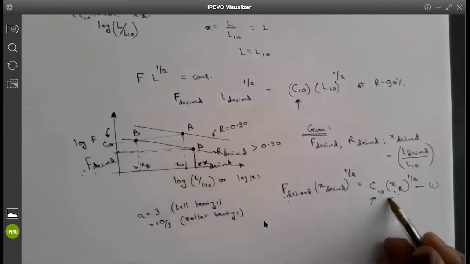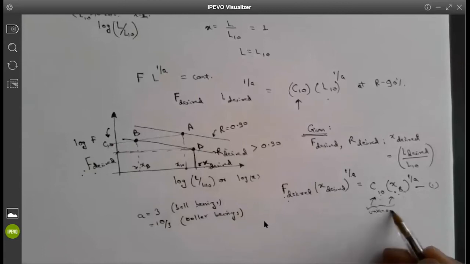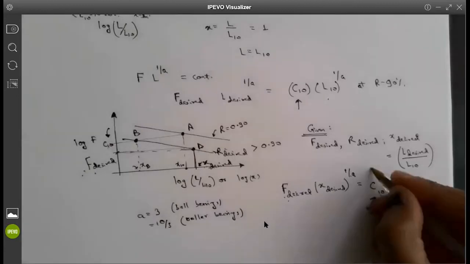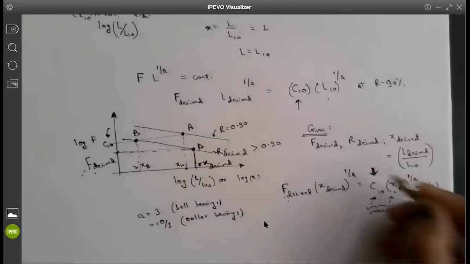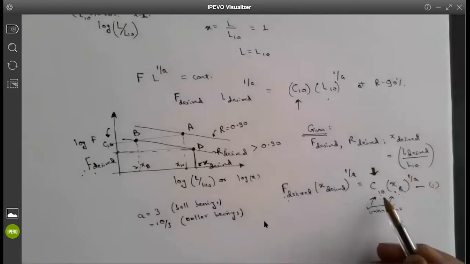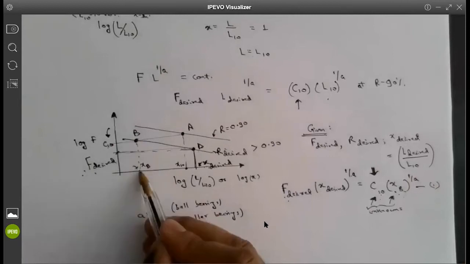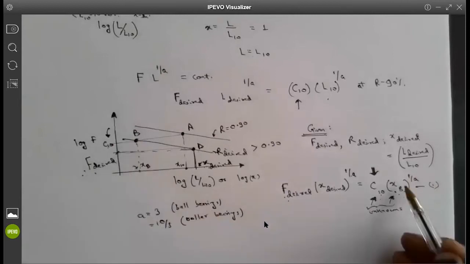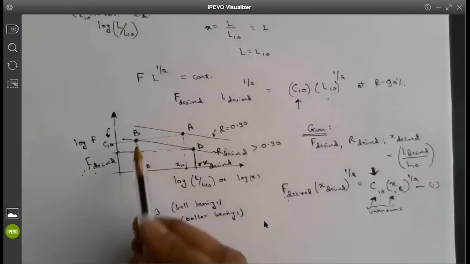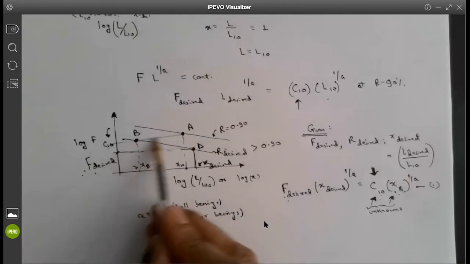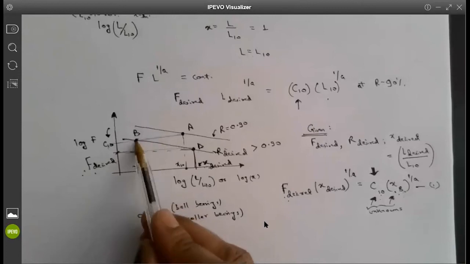These are unknowns because at this point I don't know what these values are, and ultimately we need to find C10. That is what we only care about. But this equation alone does not tell me what my C10 is because I don't know what my XB is. At point B, what is the dimensionless life? I don't know. To solve for that, I will use this straight line, which represents a constant load, and it tells me how my life is related to reliability.